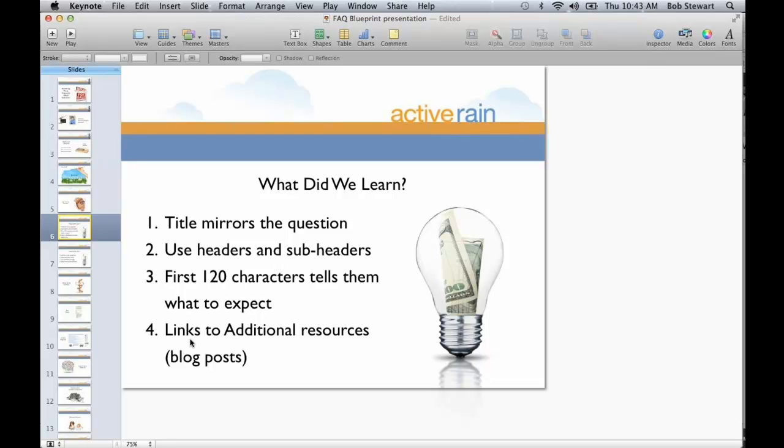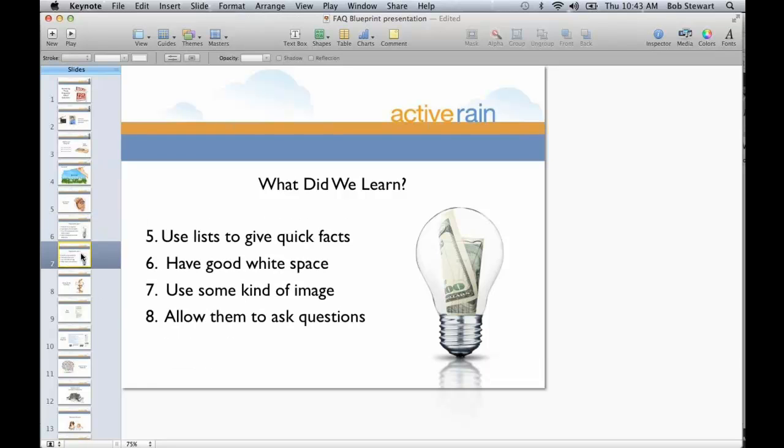We want to provide some links to additional resources or blog posts that we've written. We want to use lists or bullet points to give some quick facts. We don't want the whole thing to be bullet points, right? We want to use good, proper paragraph structure and sentence structure. We want good white space on there. And I encourage you, if you're one of those people who likes to personalize, with fancy text styles and colors, go look at